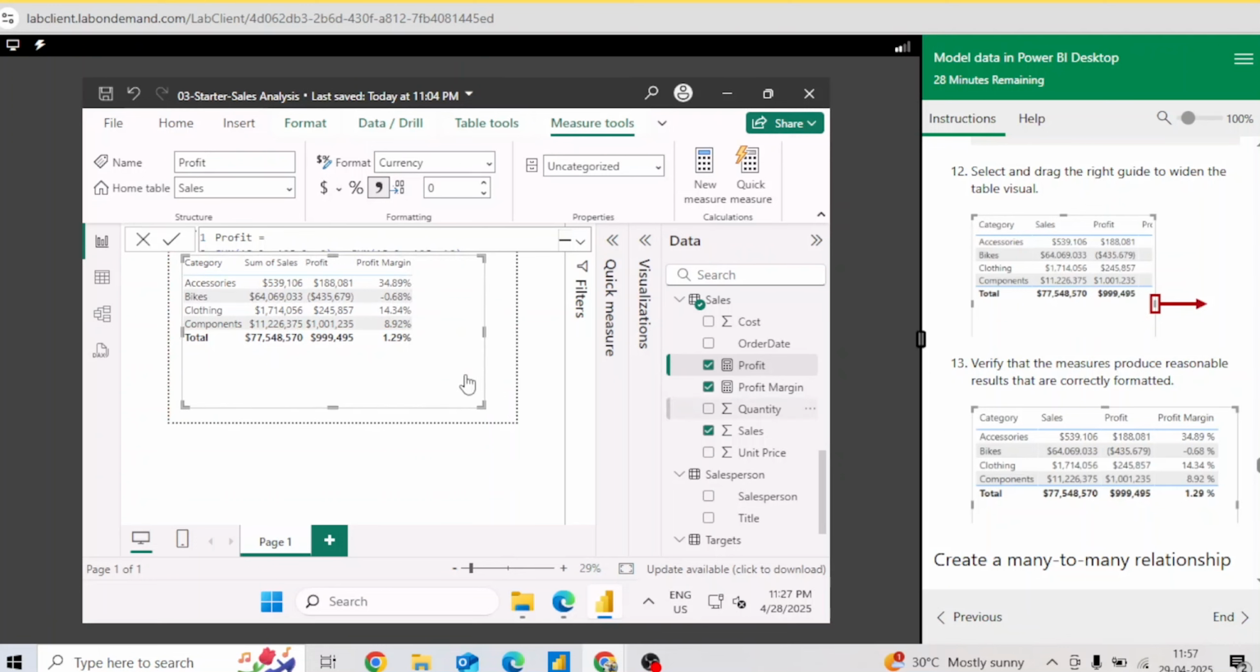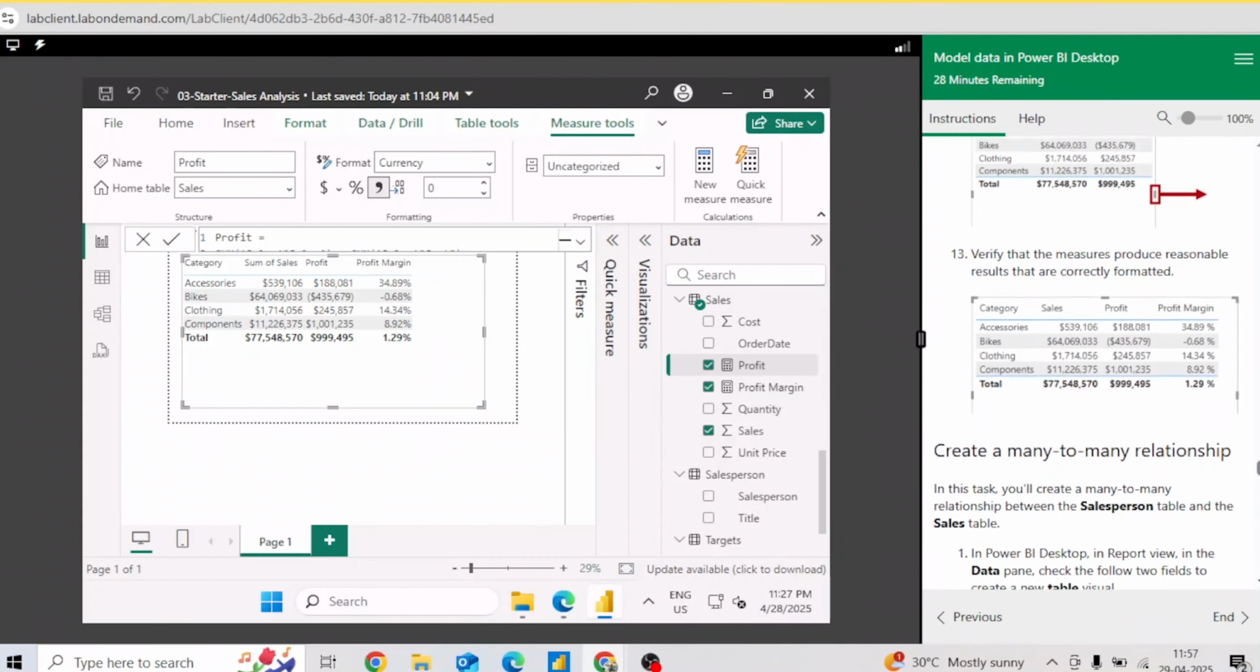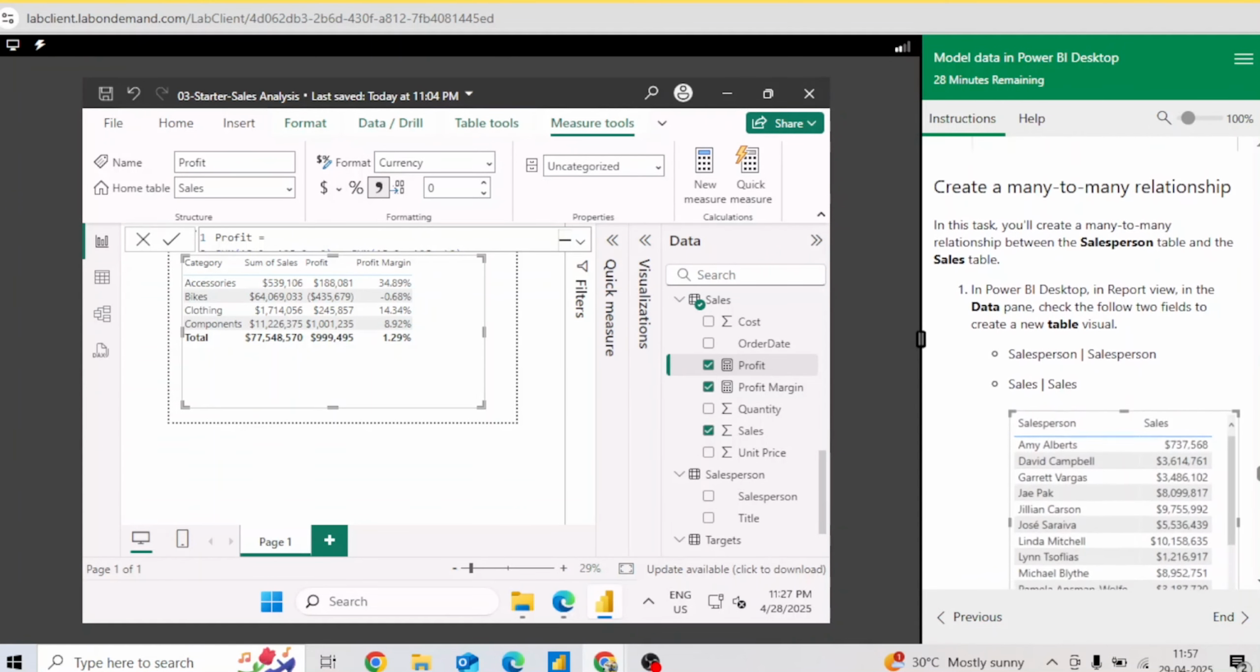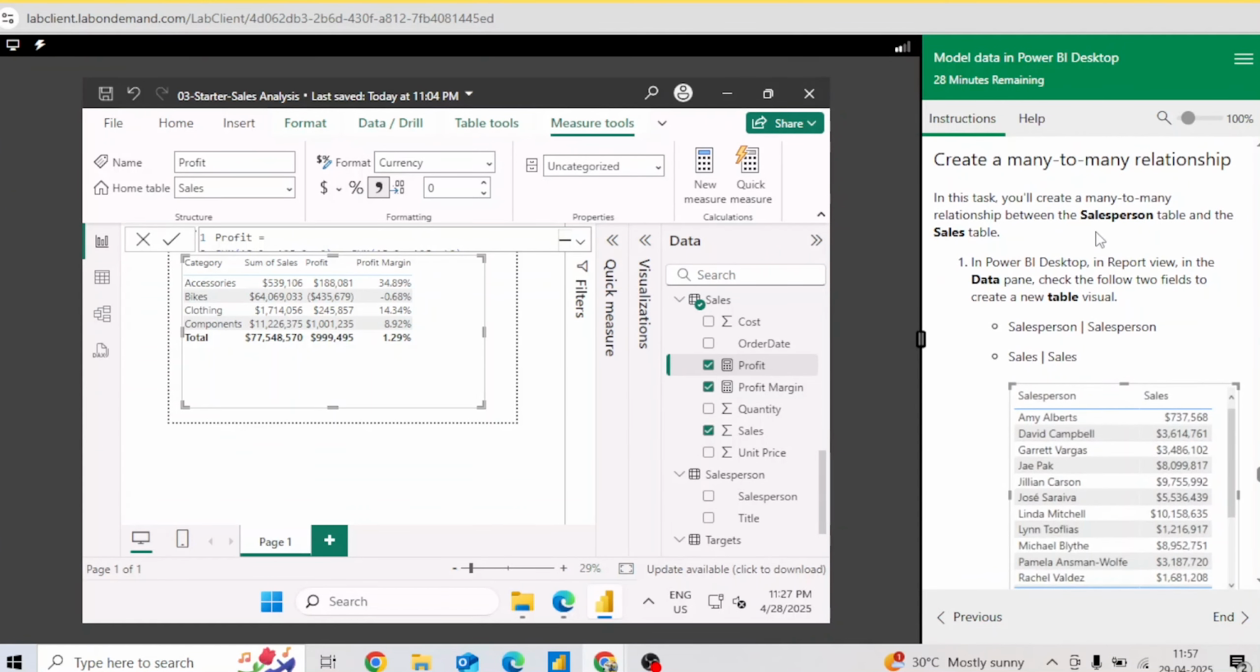Okay, now you can see that this table has been created, which is similar to this. And we can verify these results. Now, the next task is telling us to create a many to many relationship between the salesperson table and the sales table. So we have the salesperson table,